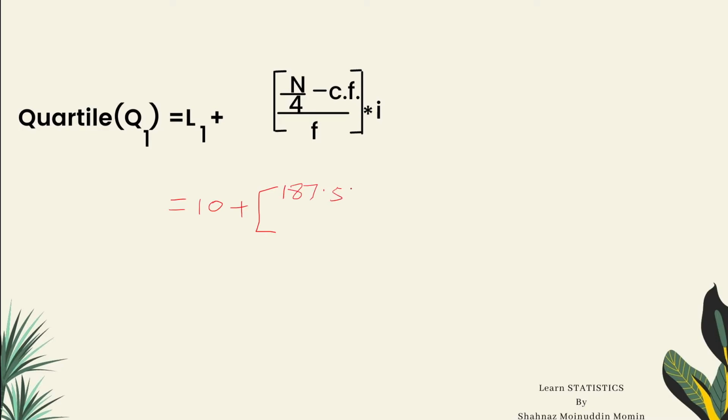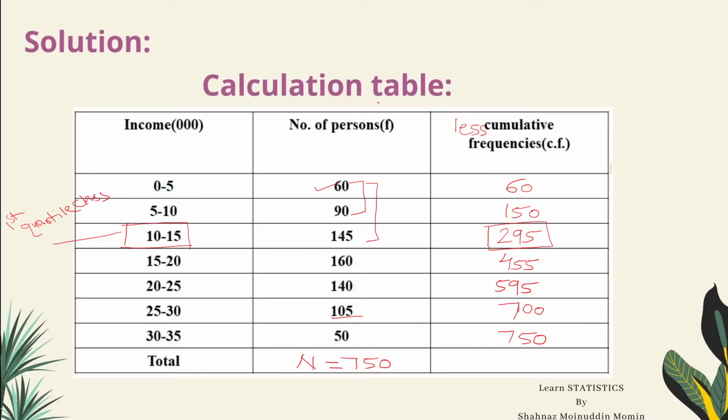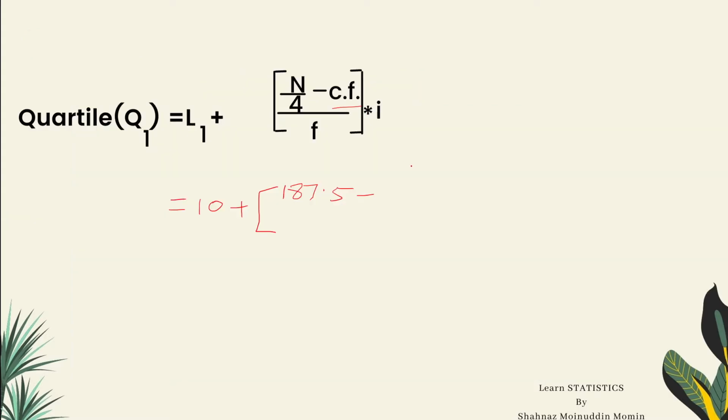187.5 minus Cf. Cf is the cumulative frequency of the previous class. Here the quartile class is 10 to 15 and the previous class is 5 to 10. Cf is the cumulative frequency of the 5 to 10 class, which means it is 150. Substitute the value of Cf as 150